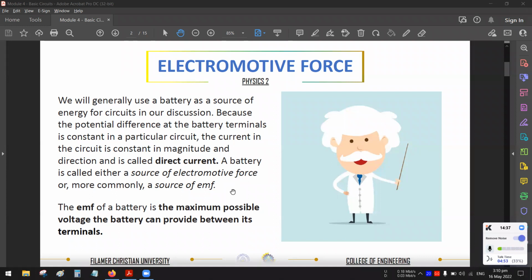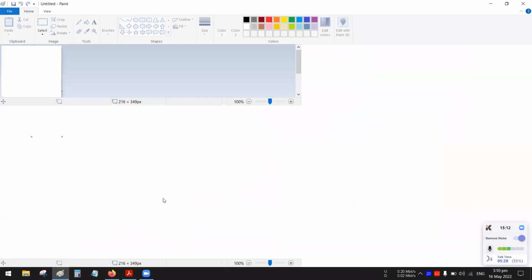For an idealized battery with zero internal resistance, the potential difference across that battery, or what we call the terminal voltage, equals its EMF, its electromotive force. For a real battery, however, the terminal voltage is not equal to the EMF for a battery in a circuit in which there is a current. For us to understand this, let's have a